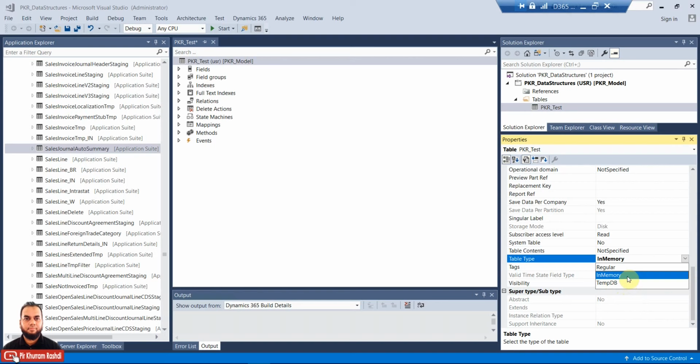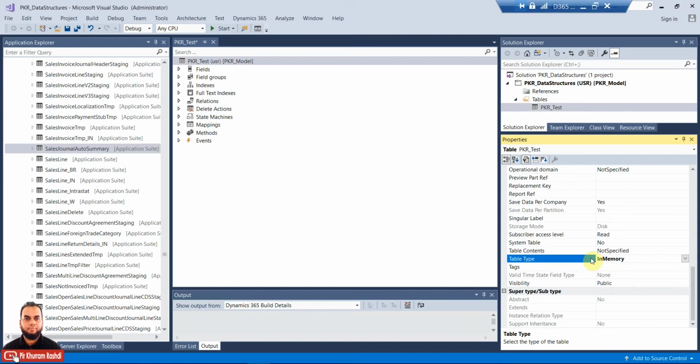itself. So it is not recommended until you are for sure that the limit of the records is very low, and that can be, for example, 500 or 1000 records maximum. If it exceeds more than that and you cannot predict, it's always better to create a tempdb based table when it is holding temporary data. But if it is holding persistent data, that is to keep data until it is deleted or you require it to be deleted, then it needs to have a regular type.